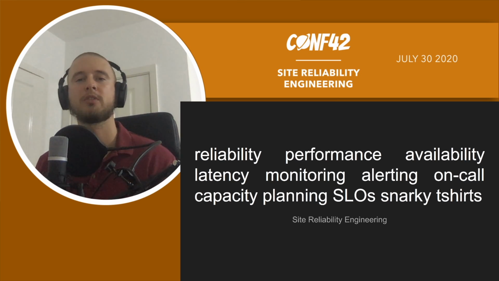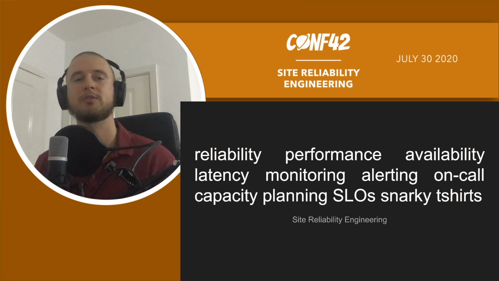Then you have all the monitoring, alerting, on-call. These are the tools that give us visibility into what's actually going on under the hood in the systems, and alert us when our attention is needed. The dreaded on-call and the paging, where people sometimes have to wake up to fix something, these are the people who do that. These are the people who set up the alerting and the monitoring so that they know that something's wrong, right?